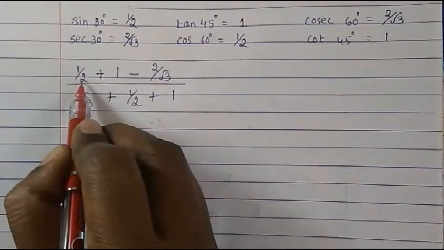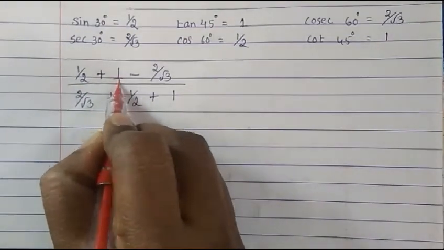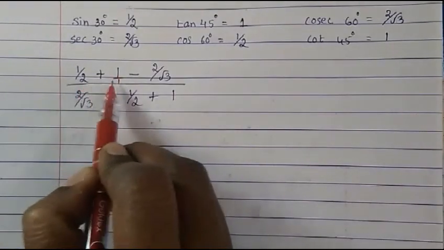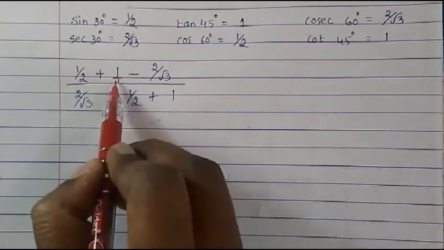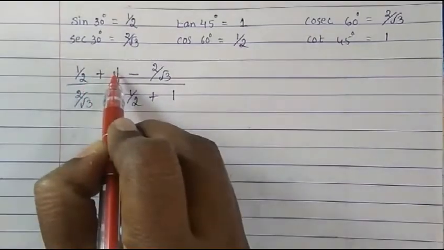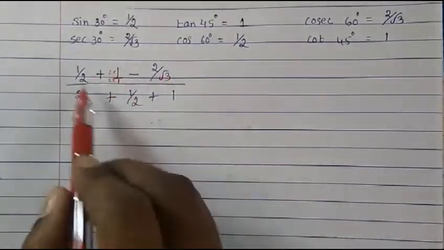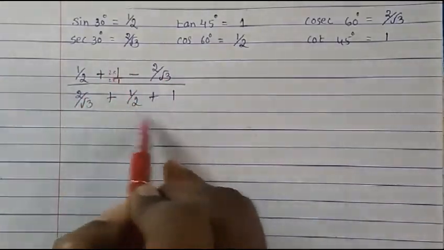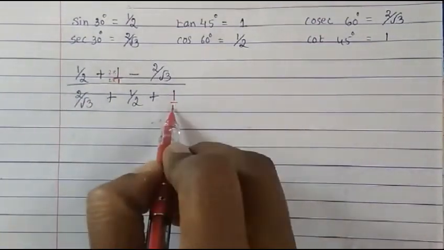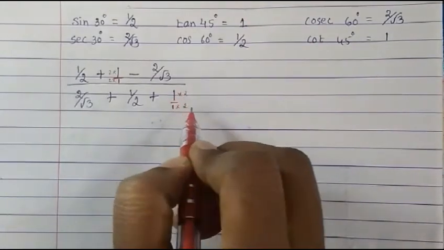First here you see, in denominator 2 we have, here in denominator nothing is there. So we'll consider that there is 1. Now we have to get 2 here also so that both sides have 2. So for this, both sides we will multiply with 2. Same way here, let's consider there is 1. To get 2 here, both sides will multiply with 2.